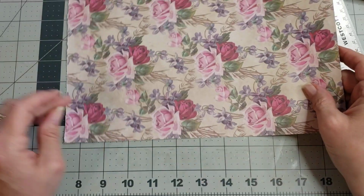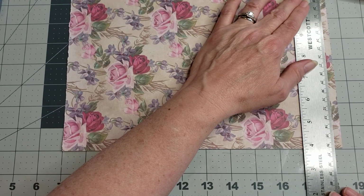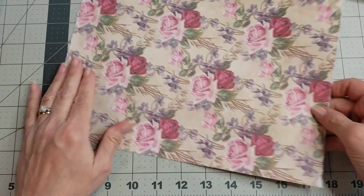taking stuff with me. And then I'm going to come over here and do a 1/2 inch on this side. And that'll give me the 11 I'm looking for. Like that. Okay, so now that I have my paper the right size,